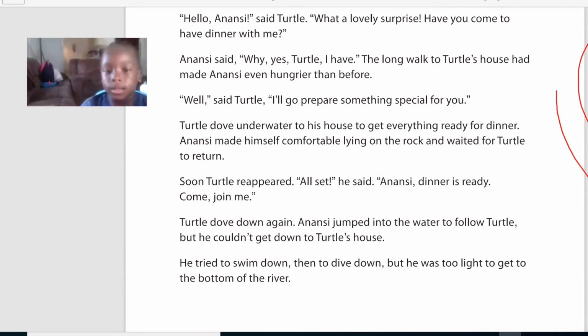Why, yes. Turtle, I have the long walk to Turtle's house had made Anansi even hungry